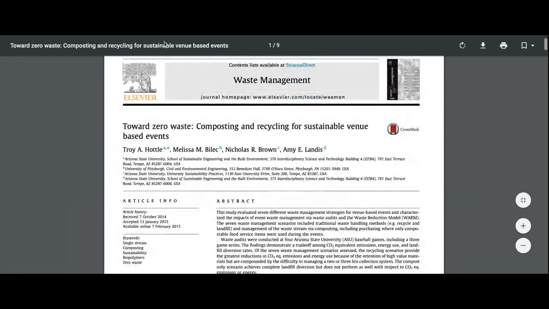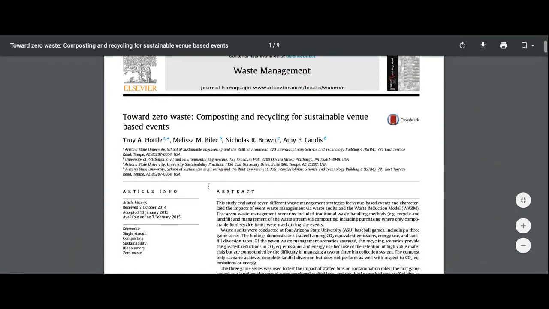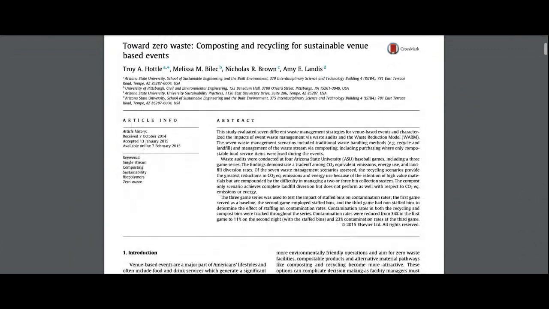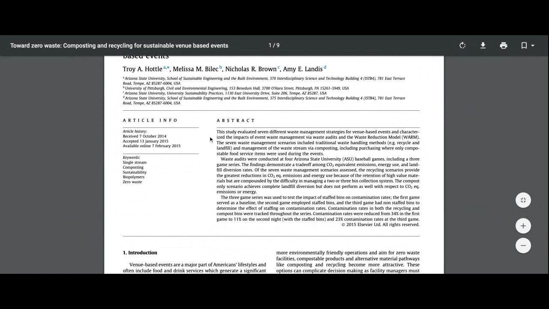I received the document that I want to talk to y'all about. And so it's 9 pages. It's not as, let's say, verbose as other articles. So I read through it, and it's talking here. You can look at the abstract. When you come across articles like this, you want to look at their abstract first. Read through the abstract and see if it applies to what you're trying to do. While this one is about Arizona State University's baseball stadium, maybe we can use this to apply to soccer stadiums, right, onto a large scale and see what their ideas were.